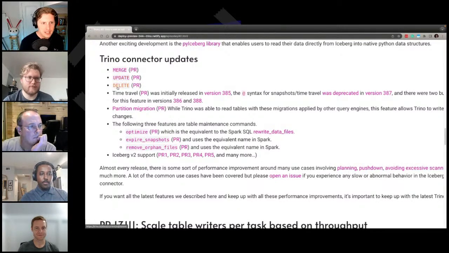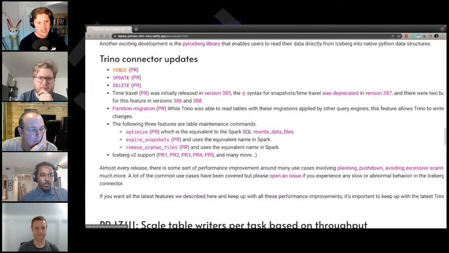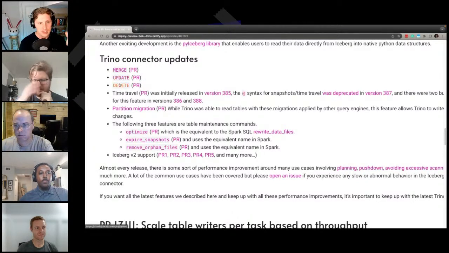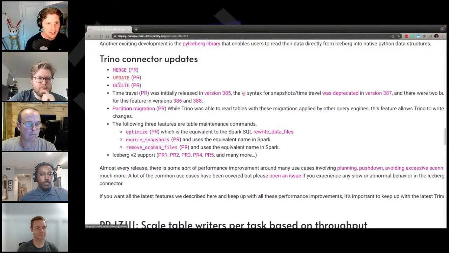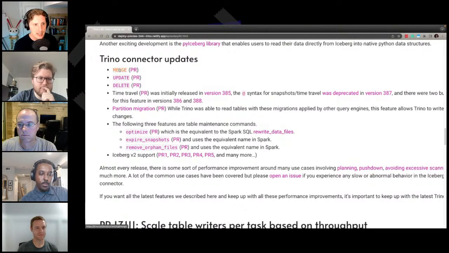So update and delete have been around for quite a few releases now. It was quite a bit earlier this year, and those were really exciting. And even some of the things that were introduced in merge are actually going to be coming down as secondary iterations of update and delete that we just didn't have before in the core engine, that will optimize some performance there as well. So super exciting that we got all of that in, and we'll be demoing that.